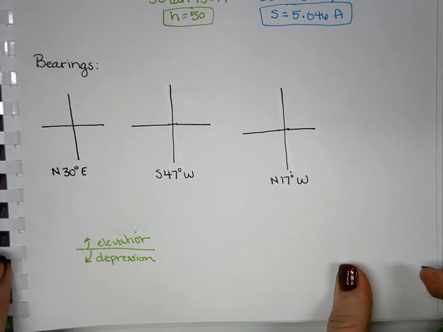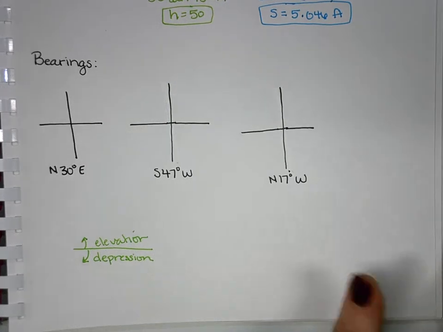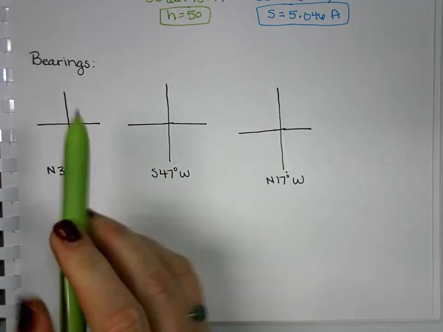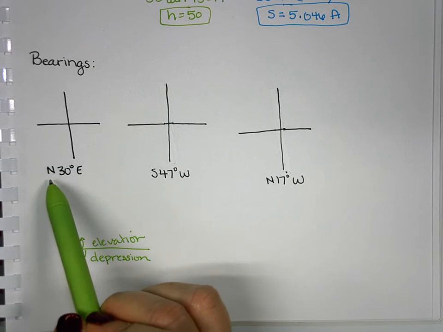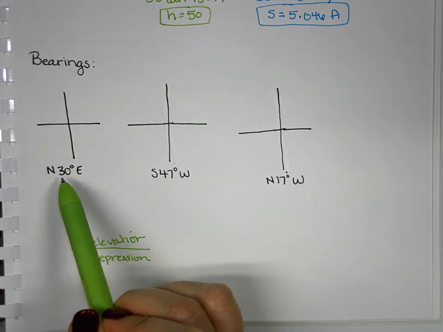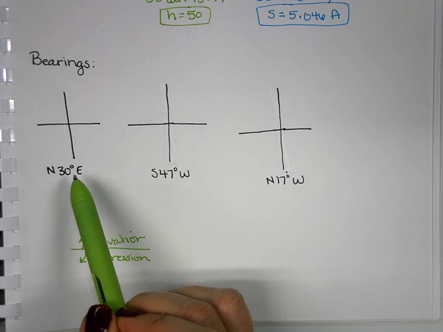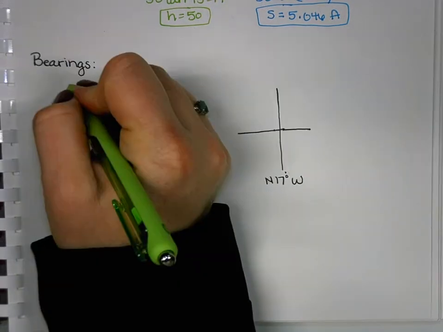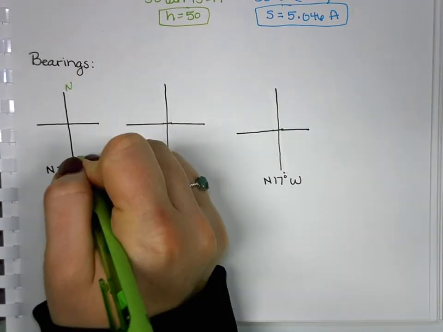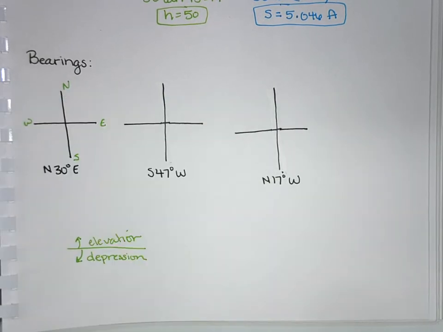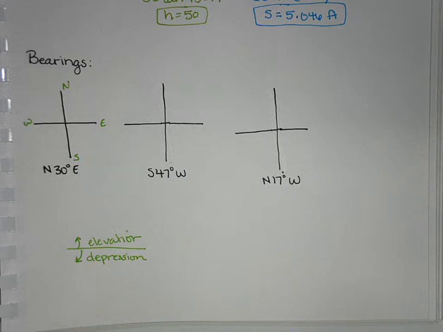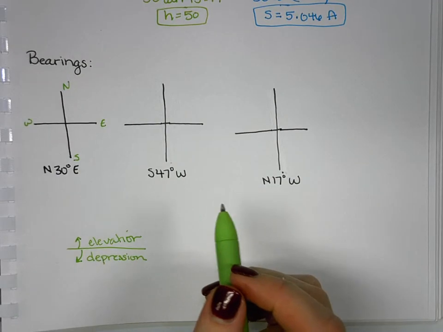Well, when we talk about bearings, instead of going from the horizontal line, we're measuring from a vertical. And they're always done in the north, south, east, west terminology. So remembering our north, south, east, west, how we would go about